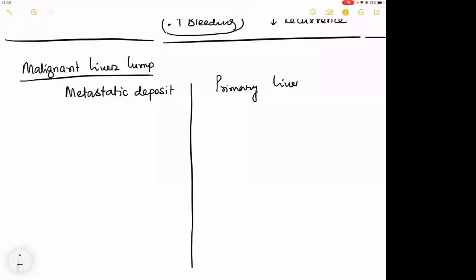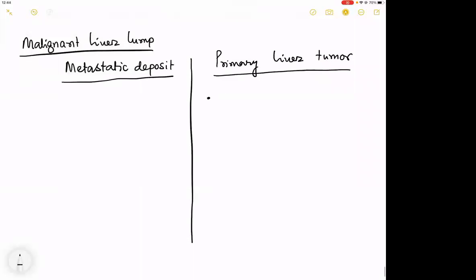Now, for all practical purposes, primary liver tumor, I do not know whether you have been taught this in medicine or not. Were you taught about hepatocellular malignancies in pathology? Yes, sir. Good, so that makes the thing easy. What is the clinical profile of the patient with the hepatocellular malignancy? The patient has a history of cirrhosis due to any reason, not only alcohol. The patient has a history of stigmata of chronic liver disease. I'm going to talk about this very quickly.